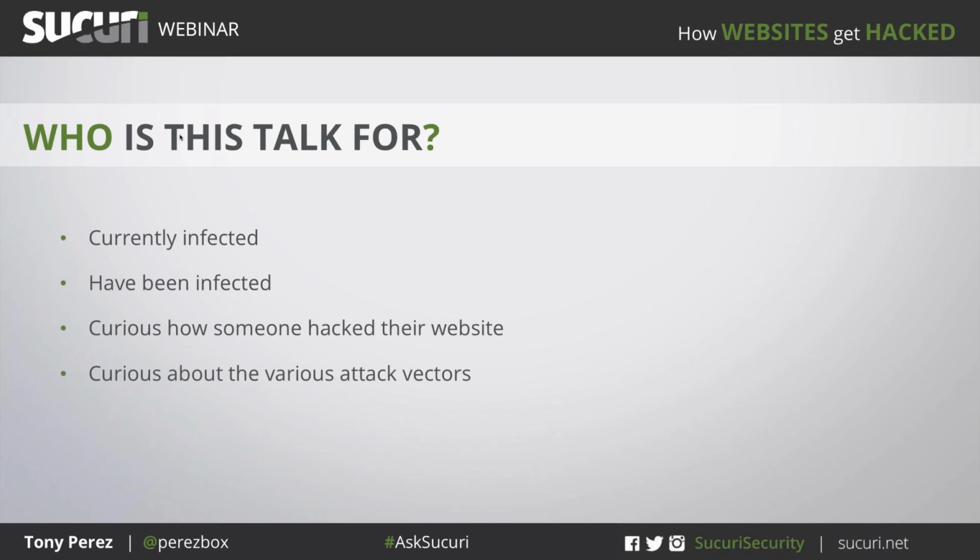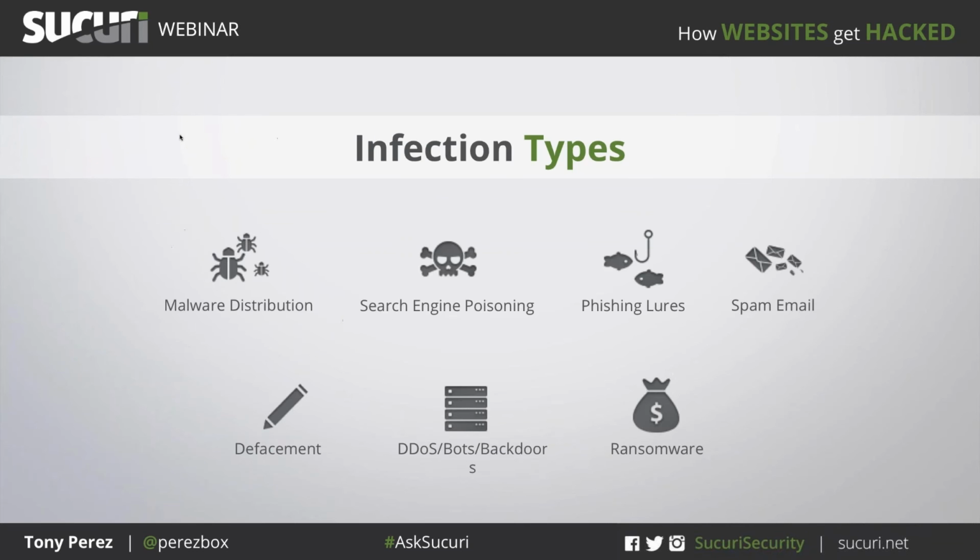We also talked a lot about search engine poisoning and the effects of that, especially as more businesses go online that are heavily reliant on their websites. SEO is very, very important, and SEP attacks are one mechanism that attackers use to abuse that. We also started to flirt a little bit with things like phishing lures, ransomware and defacements. So if you haven't, I encourage you to go back and take a look at our previous webinar, because we go into these a little bit more in depth. The whole objective was to help you understand why we need to be looking at security and why there's so much conversation on what attackers can do.